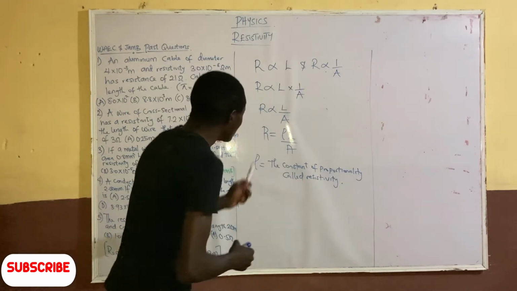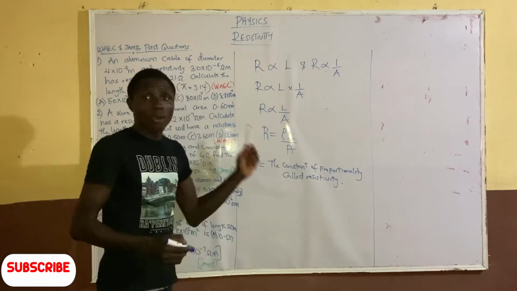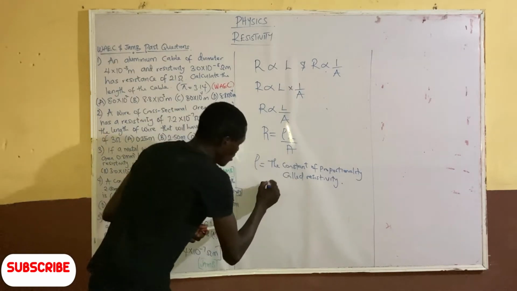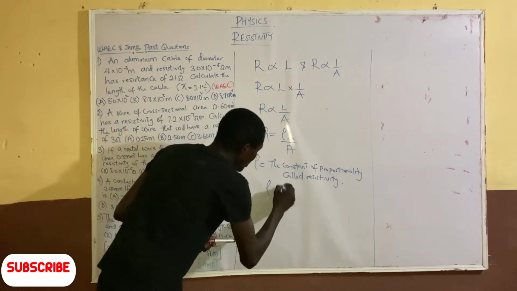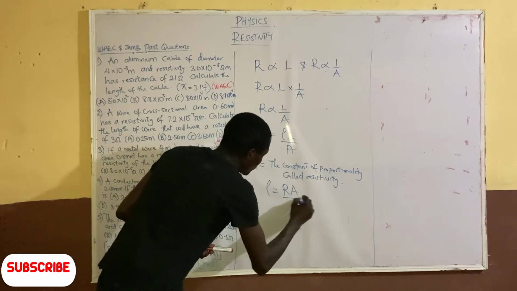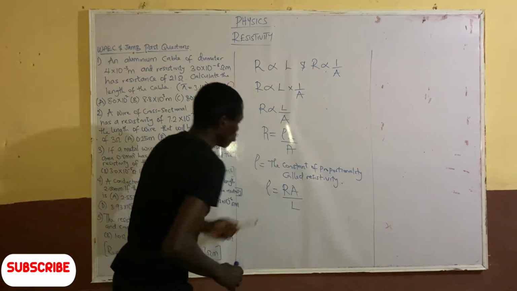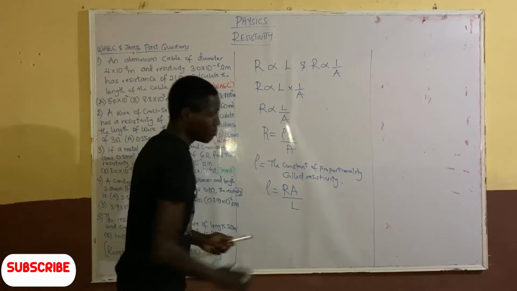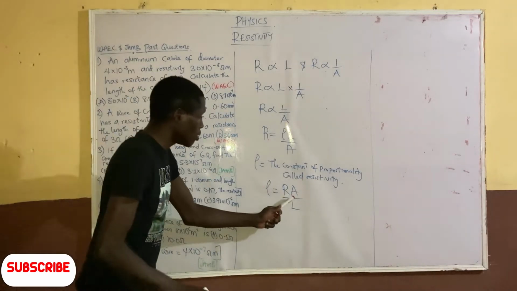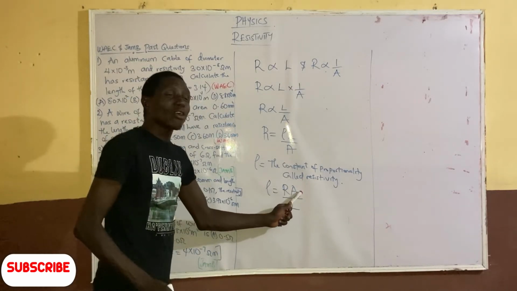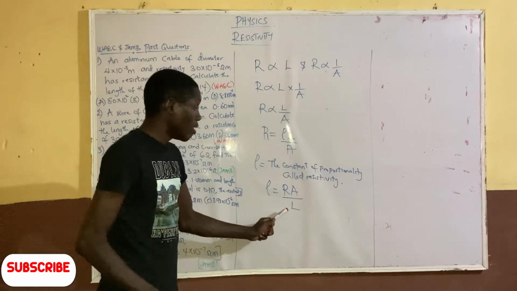From here we can make rho the subject of the formula. So we have rho equal to RA all over L. This is the formula for resistivity. Mathematically, resistivity is equal to resistance multiplied by cross-sectional area all over L,